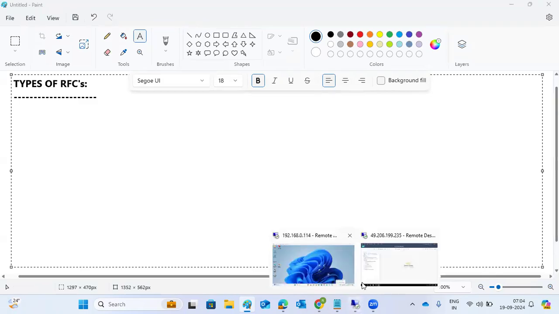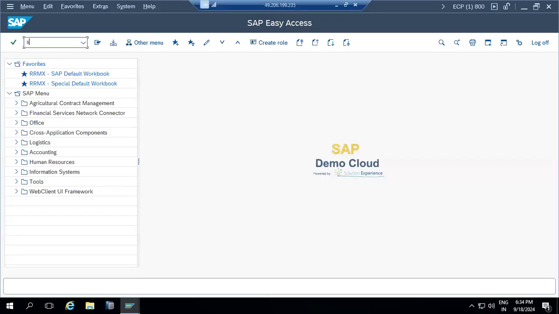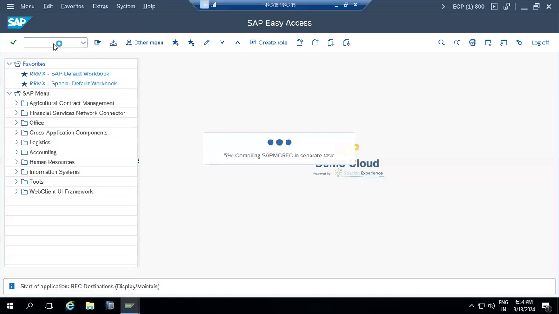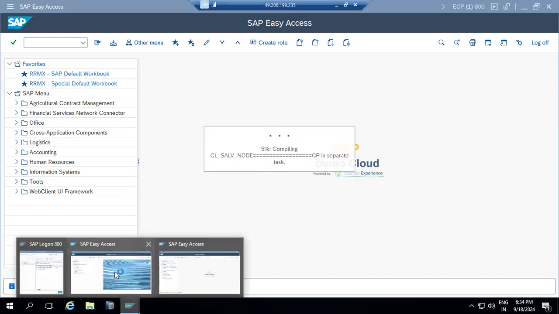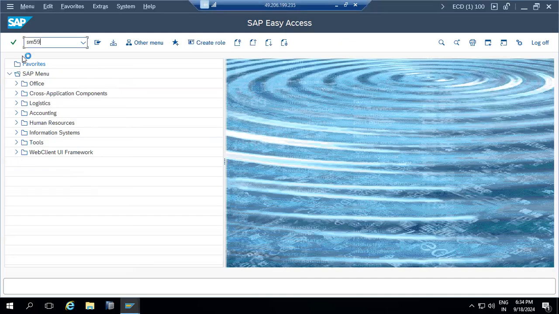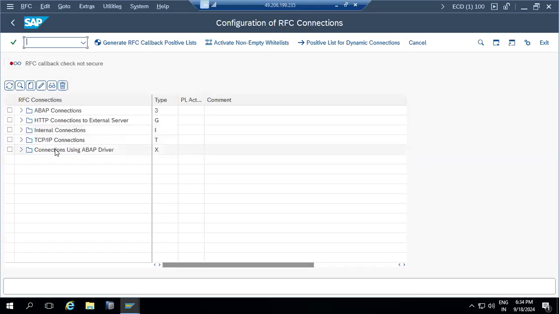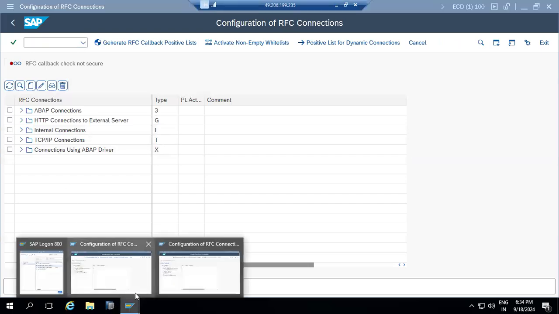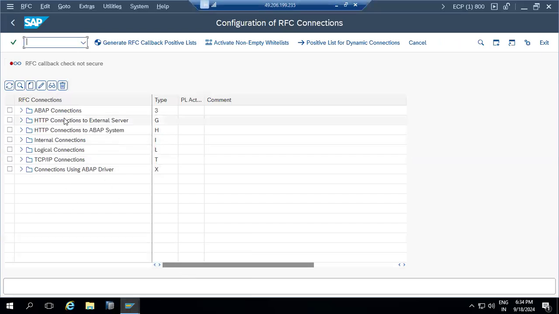Yeah, that's great. So there are 6 types of connections, right? ABAP to ABAP connection, TCP/IP connection, external connections, internal connections, ABAP driver connections. These are the types of connections here. If you go to SM59, you can see all the details here: TCP, internal connections, HTTP. So these are the RFC